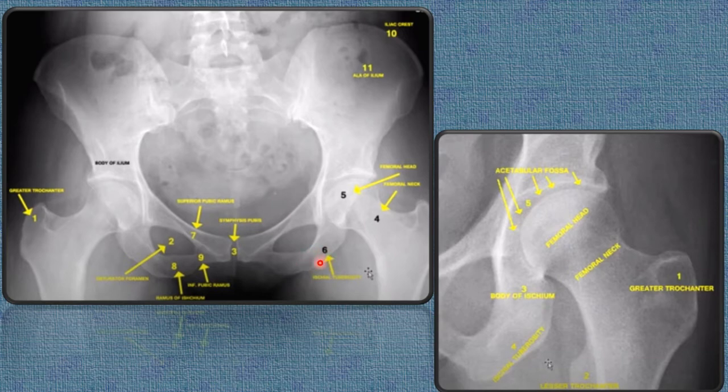This is the ischial tuberosity, on which we sit. Actually, when we sit, we are sitting definitely on the support of the pelvic bones. So the part of the bone which rests on the seat or floor or wherever we are sitting is the ischial tuberosity. So we sit on the ischial tuberosity, right? And this is the ramus of ischium, body of ischium, ischial tuberosity, and body of ilium,